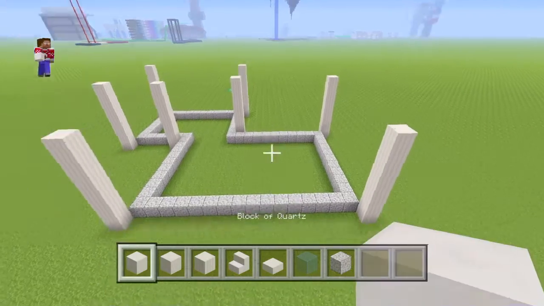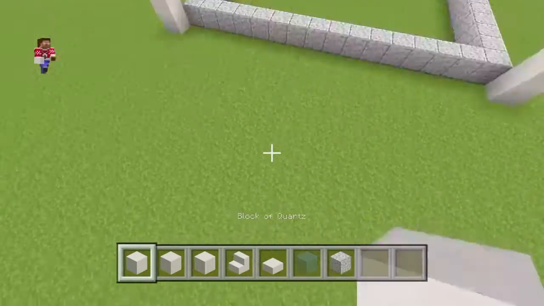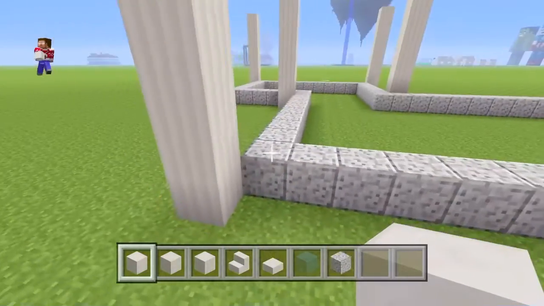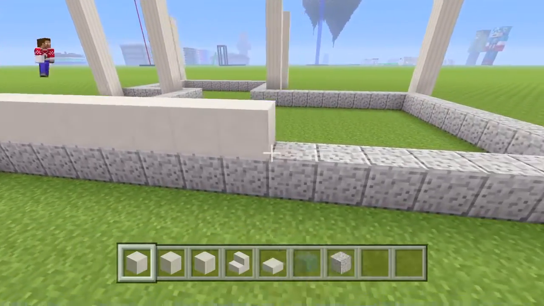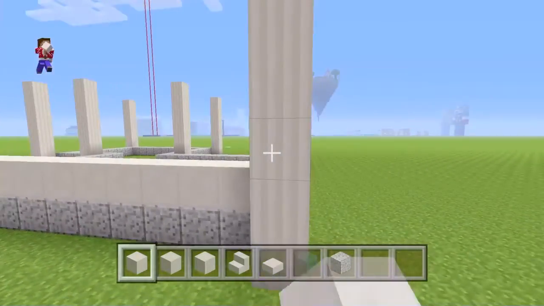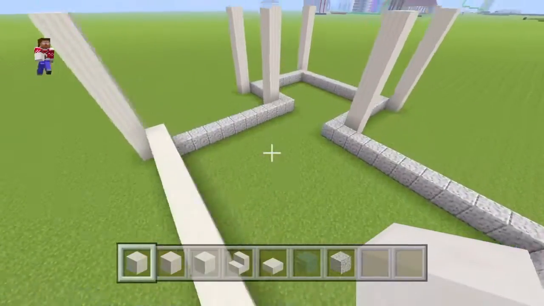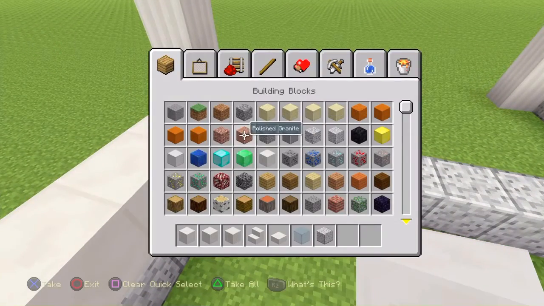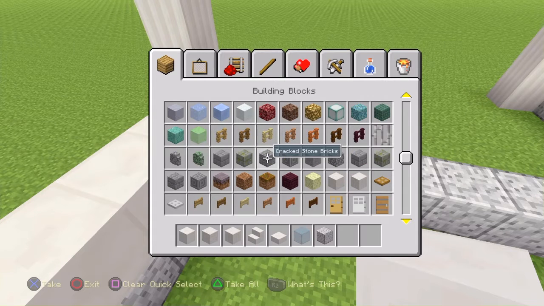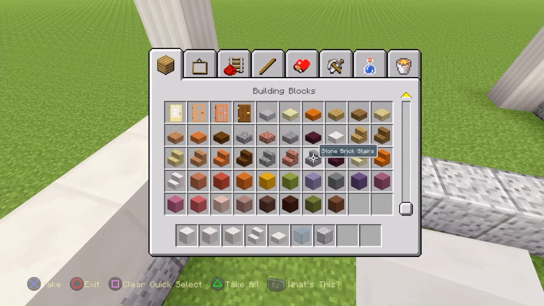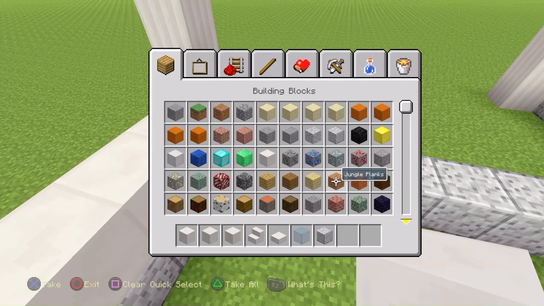Alright guys, I finished the corner pillars. So now what we're going to do is bring up the walls. So choose what material you want to use. I'm going to use quartz for the main part of it. Let's see what else we have here. We have iron. That's pretty good, but it does have that texture on the side of it that I don't really think is good for a modern style build. This is really nice, the polished andesite. Maybe we'll use this for